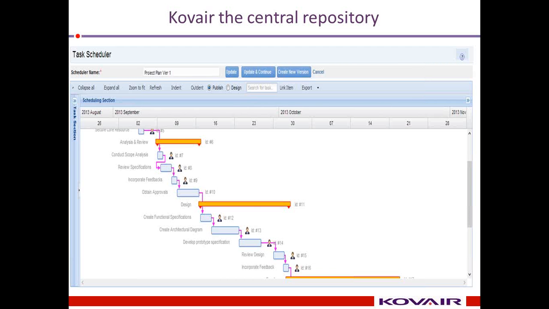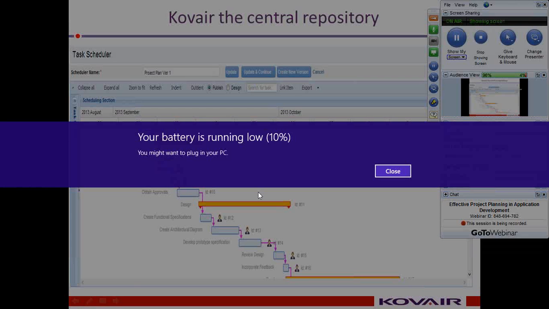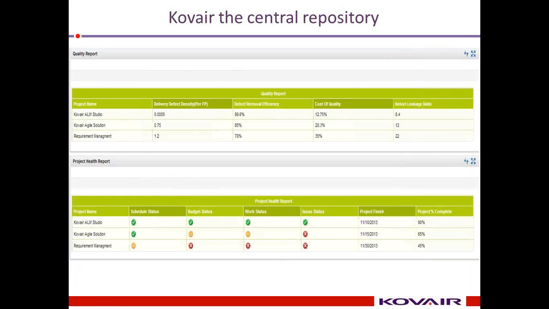CoWare also has the facility of providing a Gantt chart. As I was saying, CoWare has an inbuilt task scheduler. In that task scheduler, when you do the schedule, it shows the allocations and the engagement of the resources in the form of a Gantt chart, which you are all familiar with. Then we have